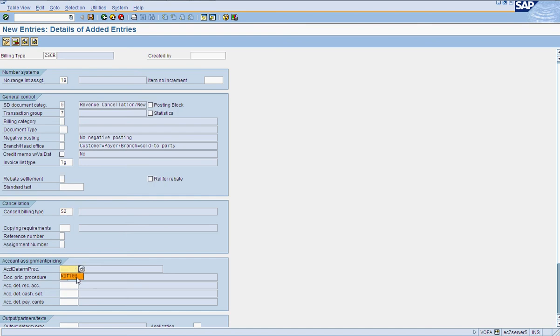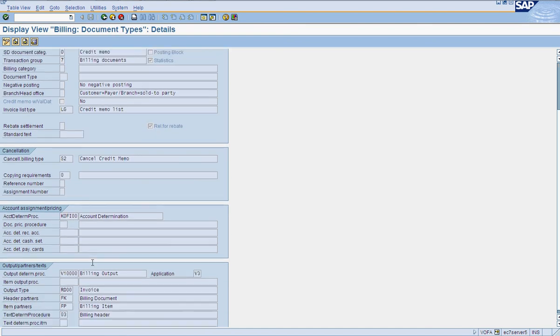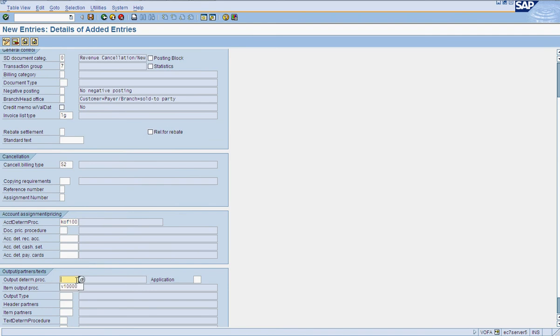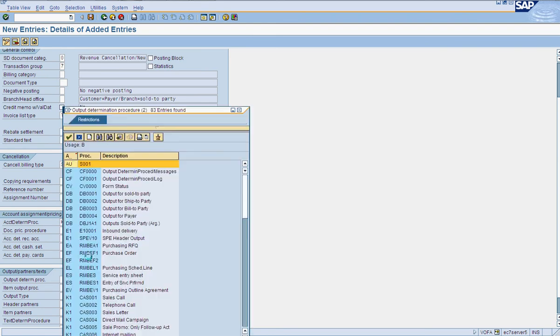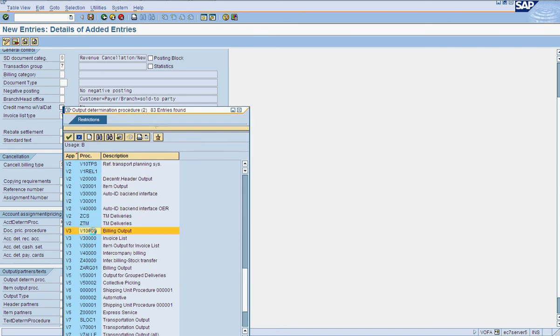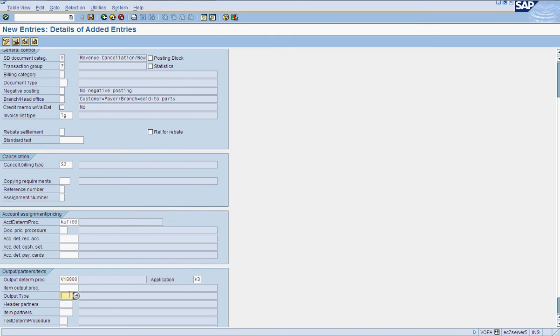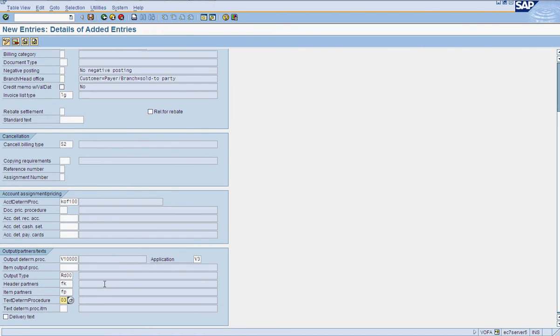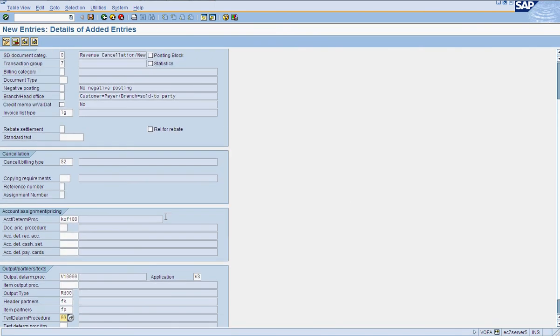Account determination procedure: we would be using exactly the same thing that we have used for the invoice. Output, same output type, same partners. Text determination procedure, we are using everything the same. It is relevant for rebate as well.